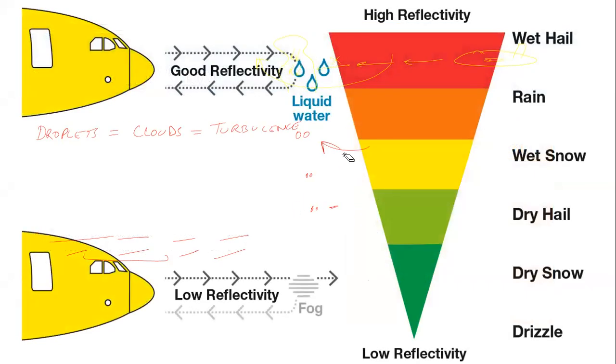Okay. So all in all, I have got this picture. You can click a picture of this in your mind so that in the exam you carry it. This is how the reflectivity comes. See, in the fog we have very little reflectivity, and with liquid water or ice we have a lot of reflectivity. This is how it goes down: wet hail, rain, snow, dry hail, snow. We don't have to memorize all this, but this will be useful to you.